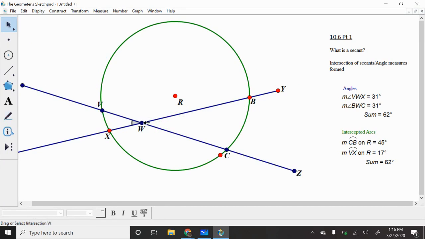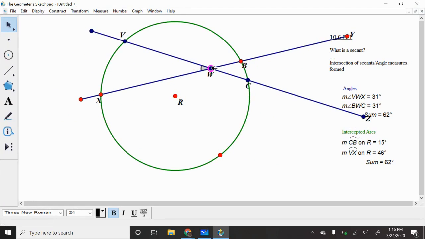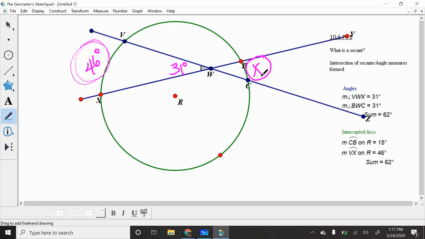So I'm going to move this around a little more. Let's say we're over here. And let's say I told you that this was 31 degrees and this is 46. And we were looking for x over here. So what do we know? We know that this arc plus this arc, the measures of those two arcs, added together and divided by 2 will give you this. Or